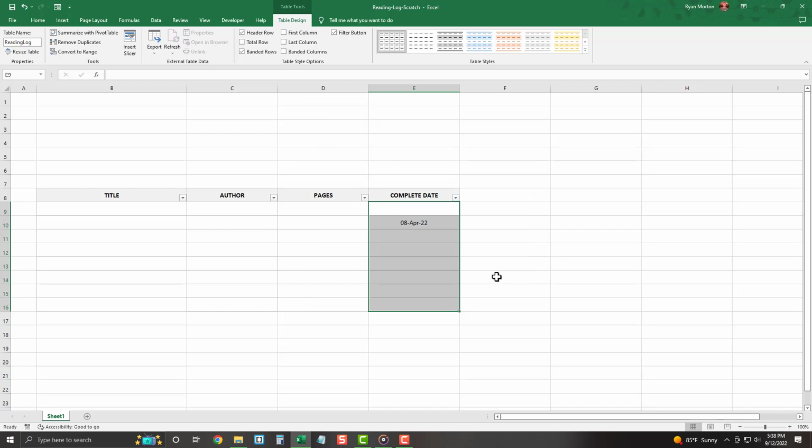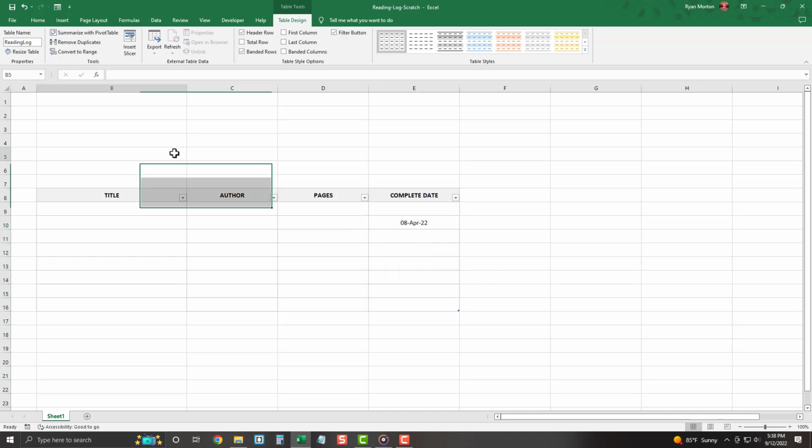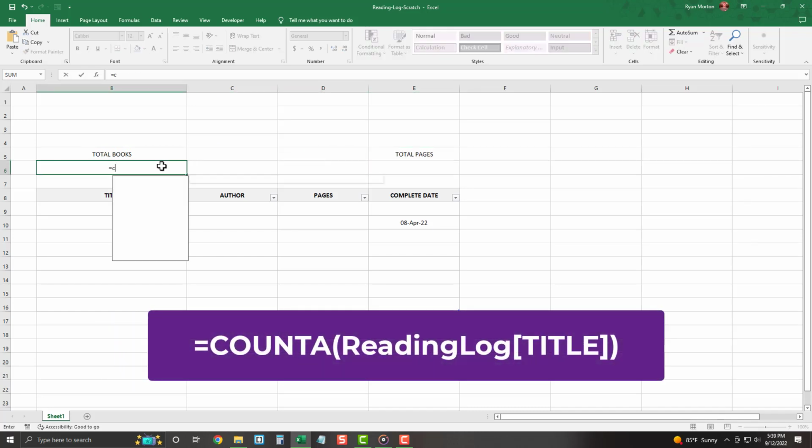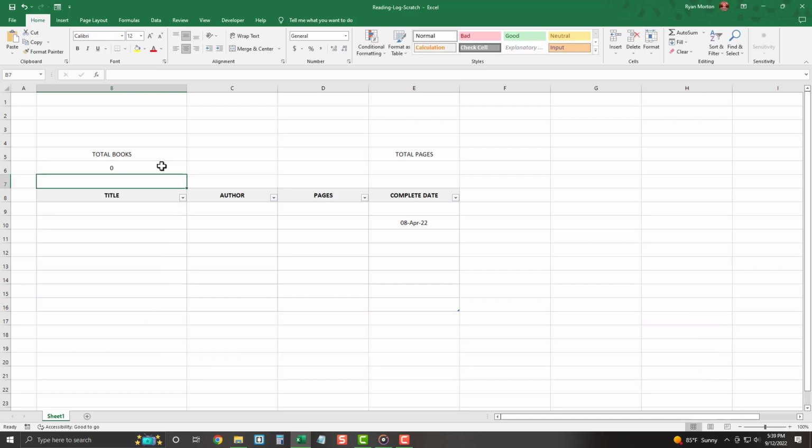The last piece of our puzzle involves adding a few functions. Let's say we want to know the total number of books in our reading log and the sum of all the pages. In cell B5, go ahead and type in total books, and in cell E5, type in total pages. Now go ahead and select B6 and type in the formula =COUNTA(ReadingLog[Title]). This will count all of the non-empty cells in the title column of our reading log